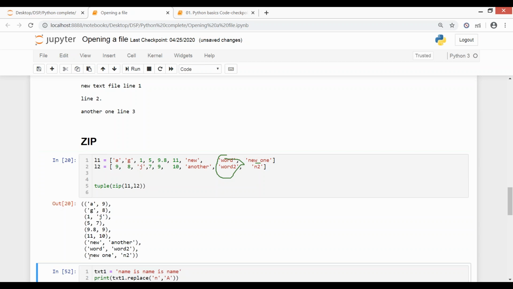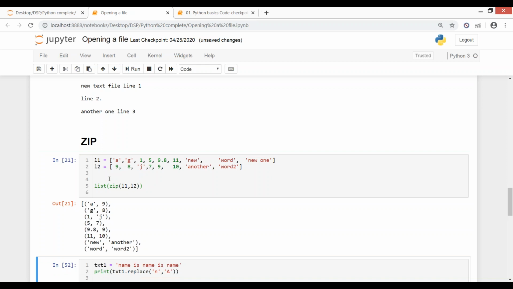Now it will give me the result for the new one, because I've inserted another element, N2, for the new one. So you should know that as per the length of your list, your results may vary. If the length is not the same, then not every element of your lists will be catered to. Yes, it is mandatory. You have to define it this way. You have to define what kind of results you want. Without this, it will give you just a function wrapper class, and it won't show the result. You have to define a list, or define it in the form of a dictionary.